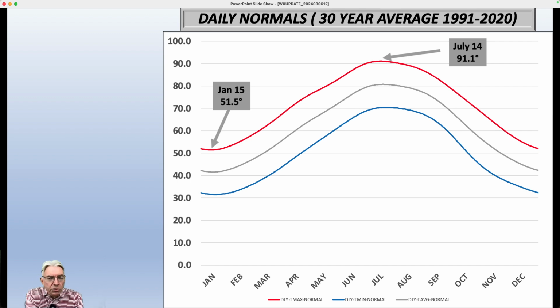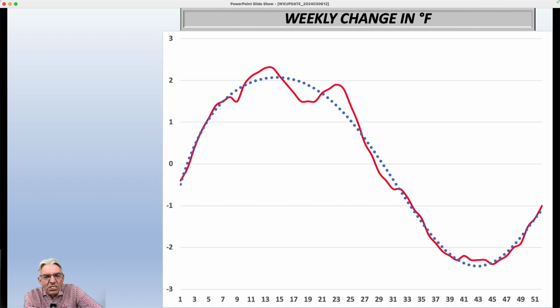Same thing after June 21st: you're beginning to turn the faucet down, but there is still more water coming into the bathtub than leaving the drain, so the water level actually rises. Then after July 14th, the drain takes over and the water level begins to drop. So that's why you have that 3 or 4 week offset from the shortest and longest days of the year to the coldest and the hottest days of the year.